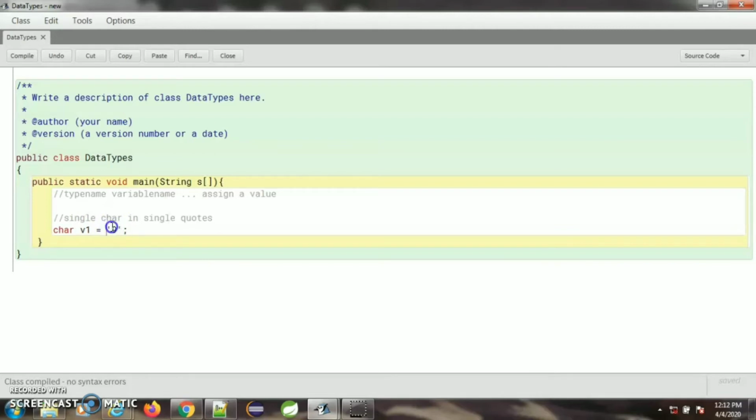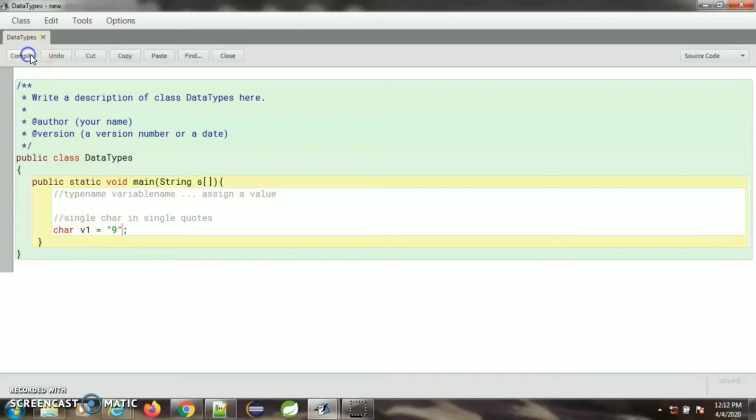What if you give double quotes here? In that case it will be considered a string, and string is a different data type than char. Java is a statically typed language, which means it matches the data type of the value with the data type of the variable you are going to assign. So these two must be compatible. Compatibility we will deal with later, but see, this is string type and it cannot be assigned to char type.